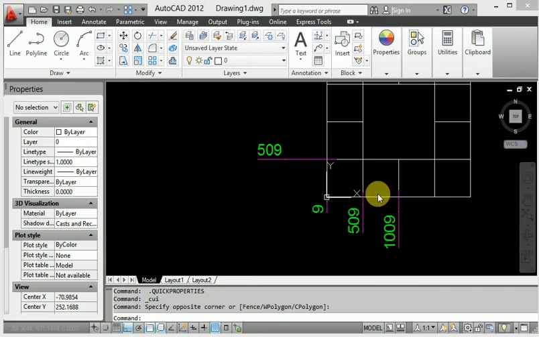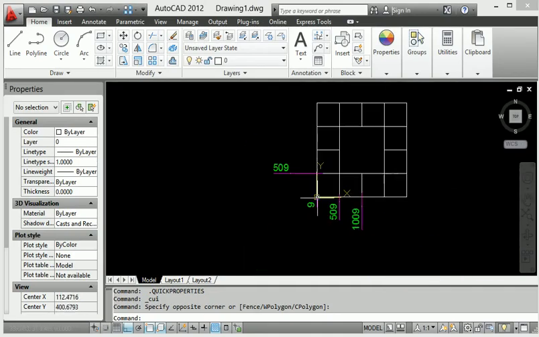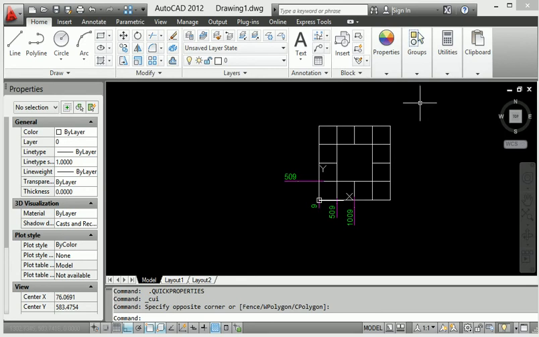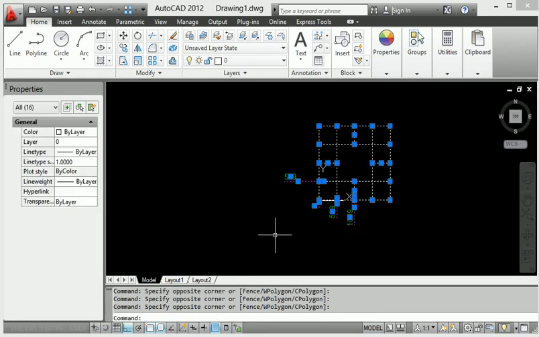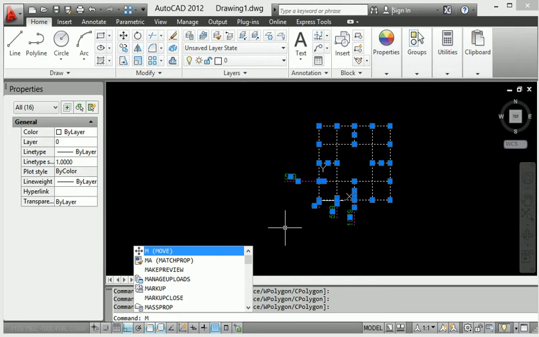This here is not the origin point, but when I want to go to the origin point, select the whole diagram, then press M, that means move, enter.